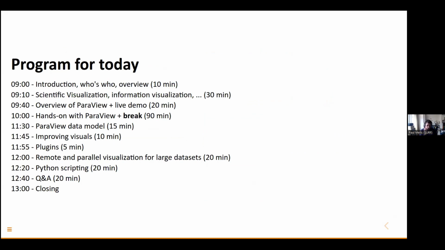So the program was already shown. I tweaked it a little bit. We still have a break. It's slightly before 11:30, I would say. So the basic idea of the program is we start with an overview of different types of visualization, then go